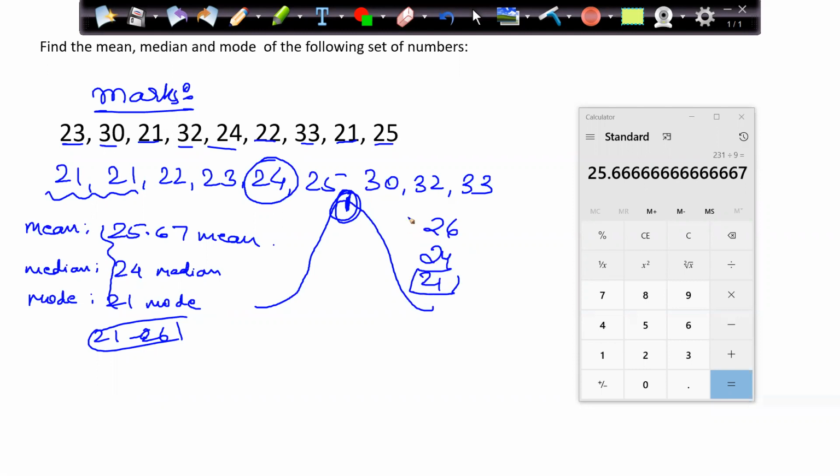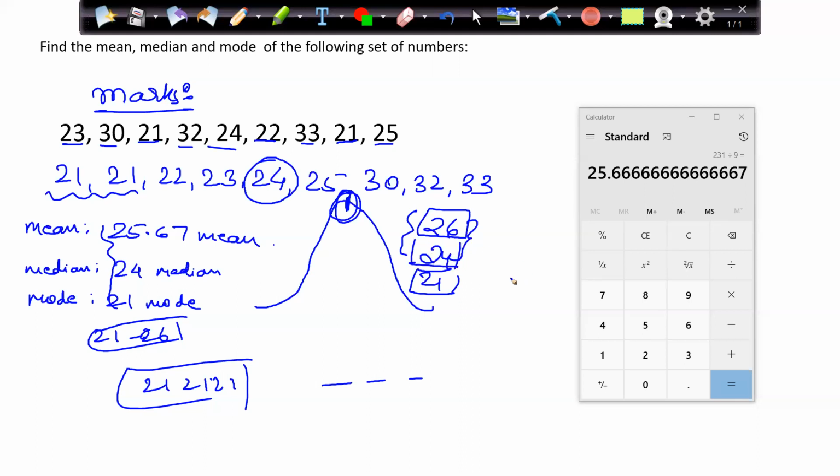But yes, mean and median I will prefer much because they give me an idea about how my data is. For example, let's say there are students with 21, 21, 21, and then some bigger number. So 21 is the majority, and it will not give me the proper idea of how my data is distributed. But mean and median, if outliers are not there, then mean is a good way of judging the data. If outliers are there, then maybe median is the best way to judge the data. Here you can see that we have 9 records, so my median will be the middle number, which is 24.